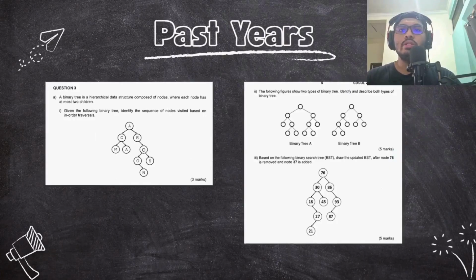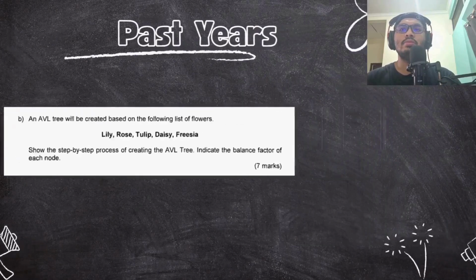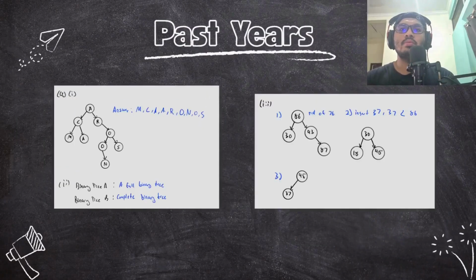Based on the following binary search tree, BST, draw the updated BST after node 76 is removed and node 37 is added. First, we replace the original root 76 with the highest of its 2 children, which is 86, and the rest of the subtree is also pushed upwards. Next, we add 37 starting from the new root 86 because it's smaller than 86,